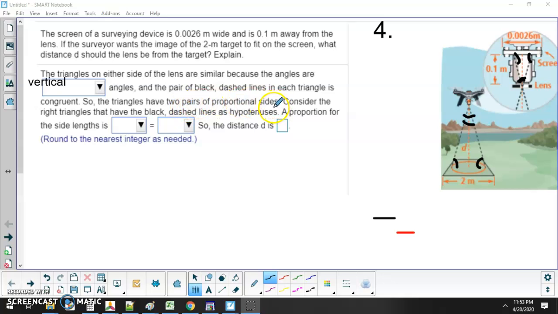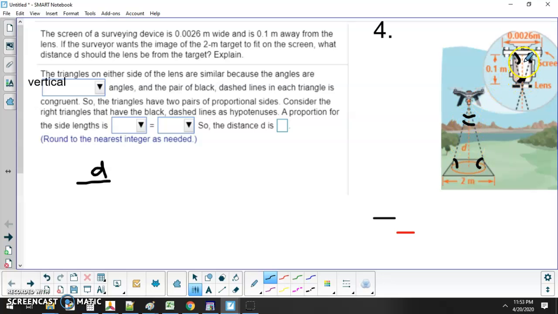So let's now create a proportion to help us to figure out D. I'm not exactly sure how the answer choices were set up, but one of the possible proportions would be D, which is the height that we're looking for here,